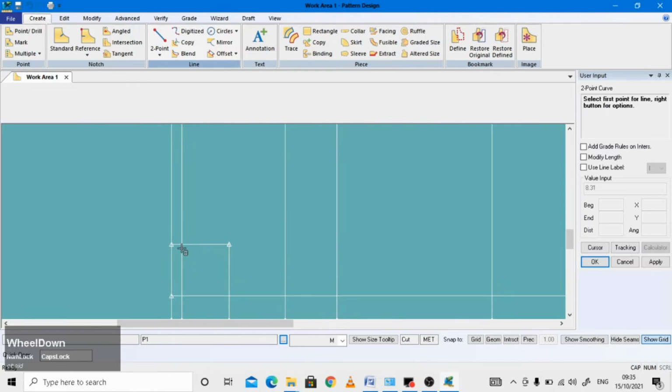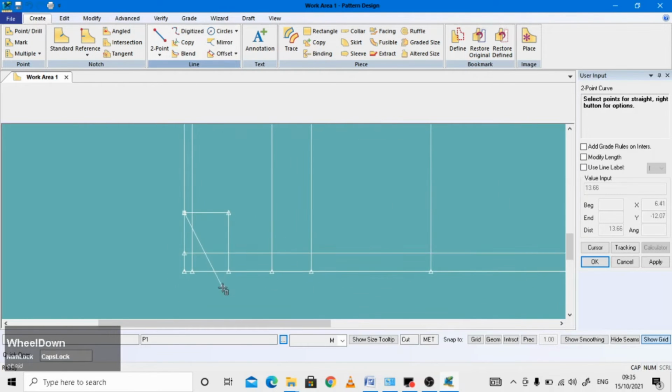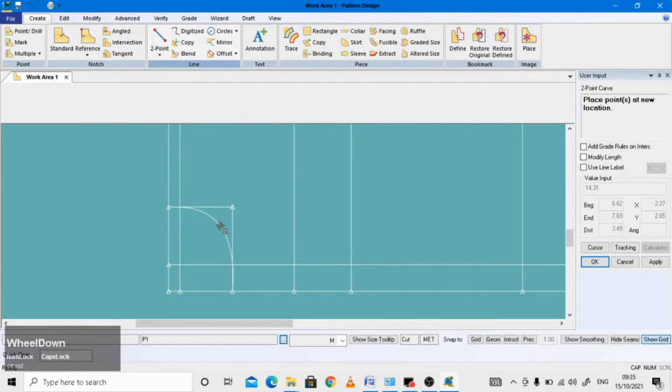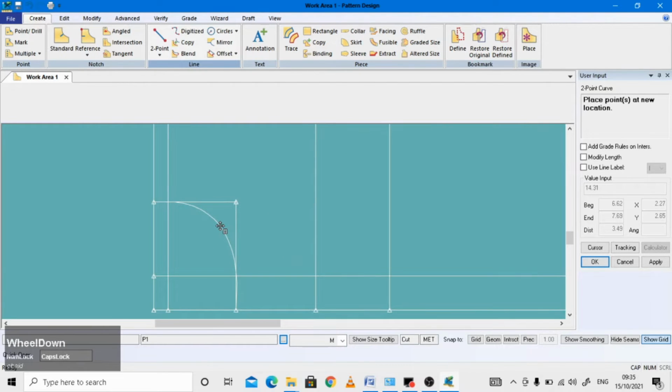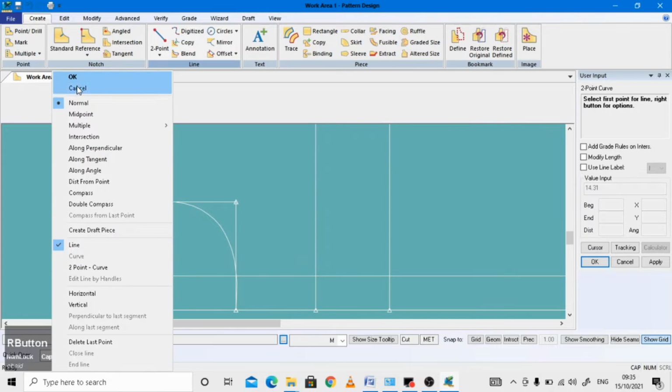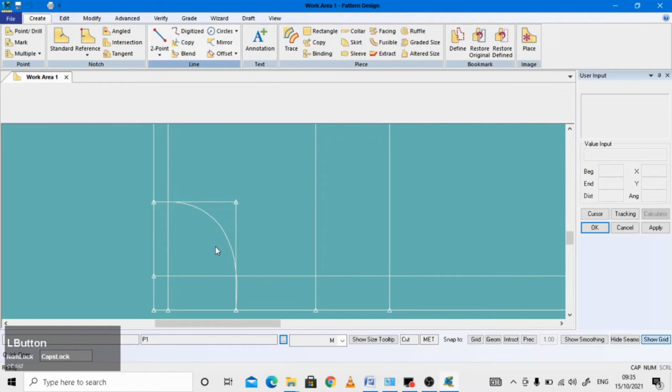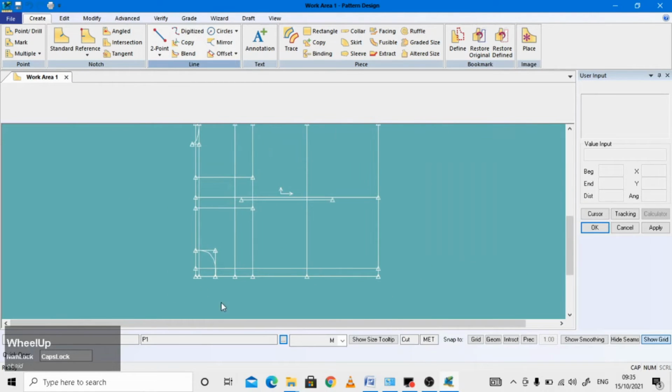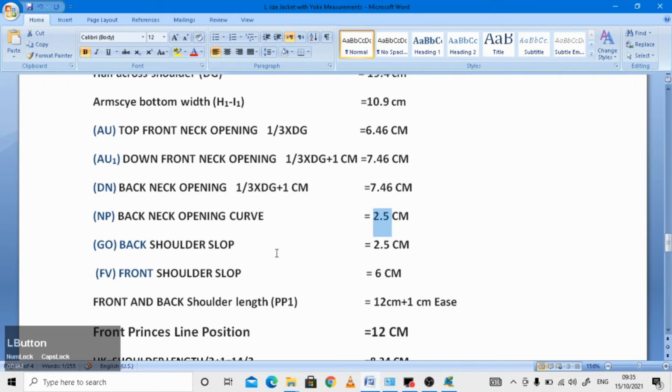Similarly, for the front neck curve also we have to draw. Similarly, you have to come to this endpoint, and like this, a beautiful shape and perfectly you have to draw, and okay. Now according to the measurement chart, they are telling that back shoulder slope, so it should be 2.5